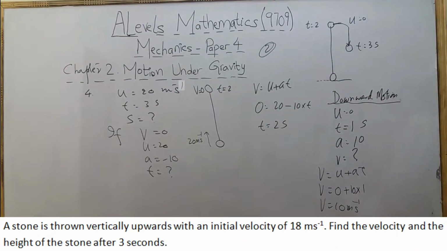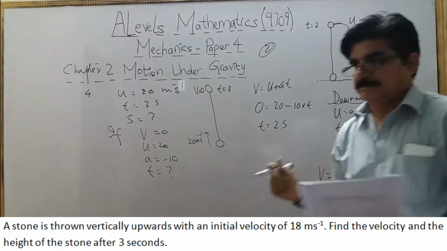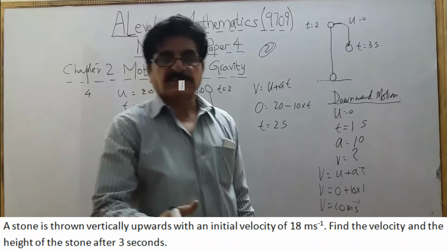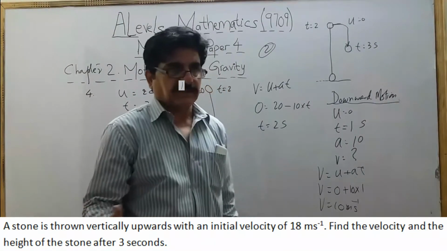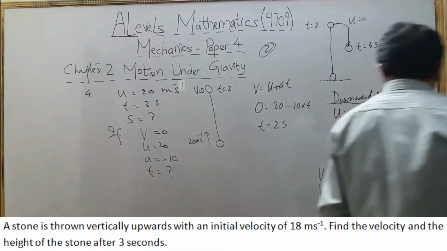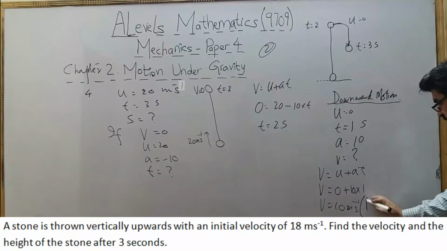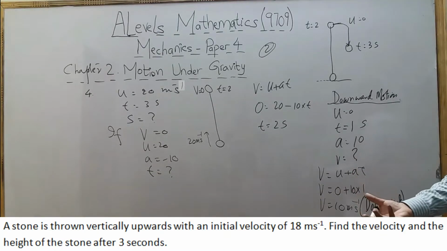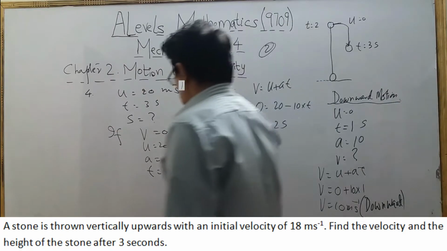In the question you are not asked to find the speed, we are asked to find the velocity. You know that velocity is speed in a particular direction, it has direction. So we have to write about the direction. You will write downward. And if the speed is asked, there is no need to write this. It's because of velocity that you have to write this downward.